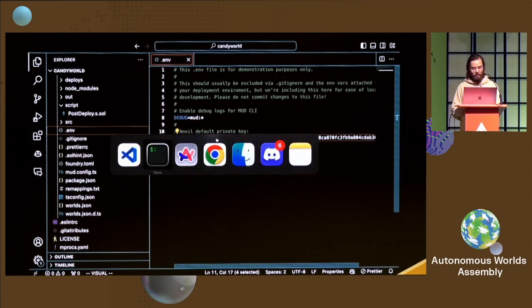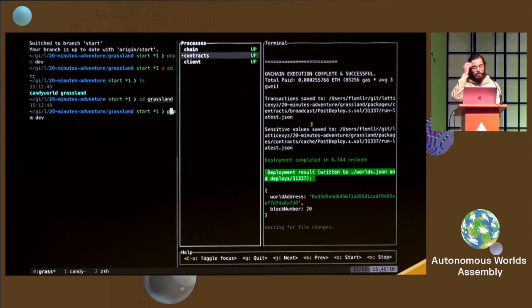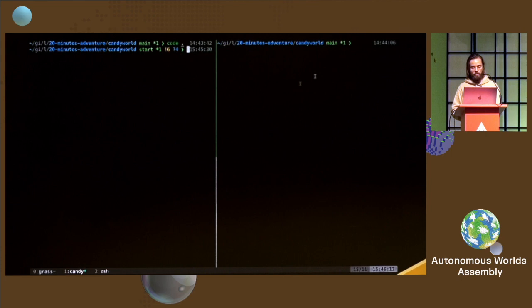Okay, so what I'm going to do here is hopefully speed up a little bit. We have our base world still running, and now I'm going to go into this new thing and deploy. So in our new project, which is the extension of the base world, I can also run pnpm dev now. Oh, actually,